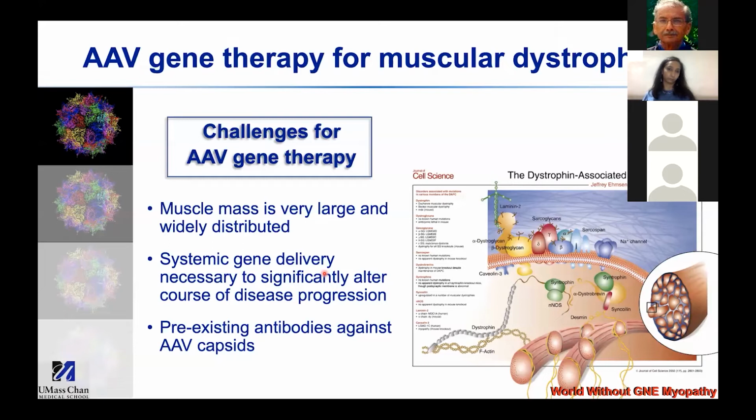One of the big challenges that, again, you've heard earlier today is that in the adult population, about 50% of individuals have neutralizing antibodies to AAV, which makes it very, very difficult to treat patients that have that. And that's why there's this effort to actually screen the patient population in India for the presence of these neutralizing antibodies, because it's pretty important to know that. Let's say that all the population has antibodies, then we have to work on means by which we can remove them so that we can